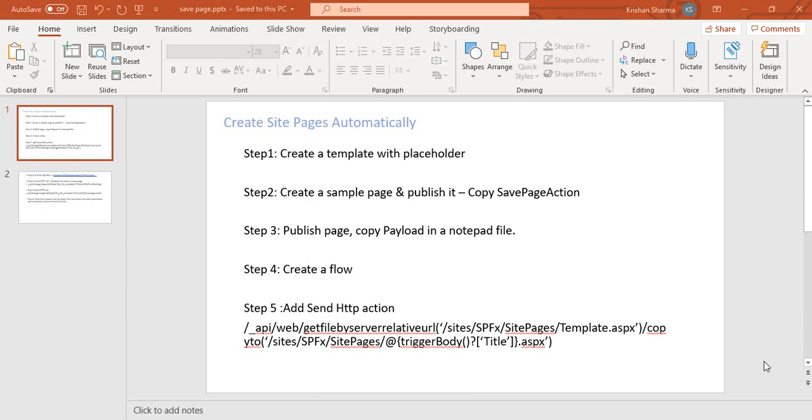In today's session, we'll learn how to create site pages automatically via Power Automate. So think about a scenario where you want to create your site pages automatically whenever some list item gets submitted in a SharePoint list. For example, let's say one HR team is managing an employee list